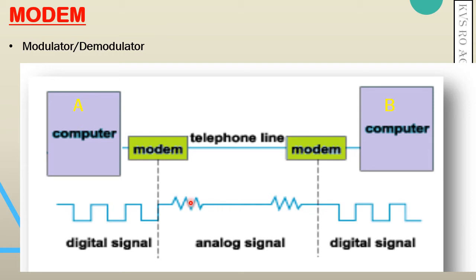Modem. The function of modem is modulator as well as demodulator. As we all know, computer is a digital device which works on 0 and 1 signals as shown here. So these signals, if we have to transmit through the telephone line, have to be converted to analog or wave signals. This function of modulation is done by this particular modem. Again, at the receiving end, the signal received is in analog form and is converted back to digital form so that we can read it through the computer through this modem. So over here it is performing demodulation.